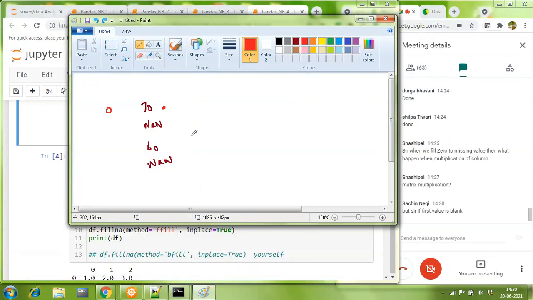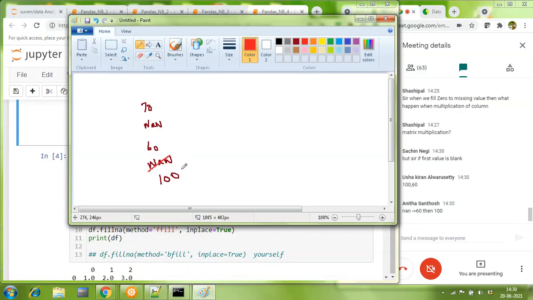Assuming that before a backward fill, let me give you first a value that the last value here is, let's say, 100. Then what do you think is going to be the backward fill looking like? So what will this value get replaced with?